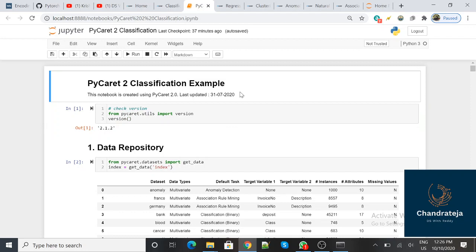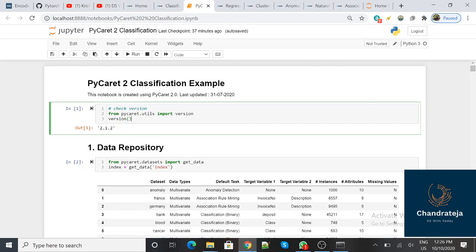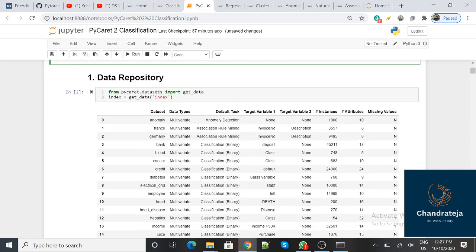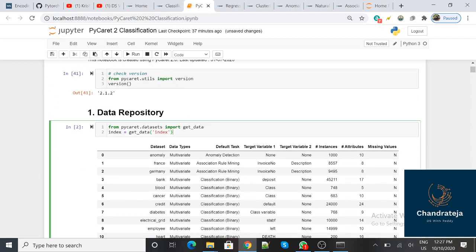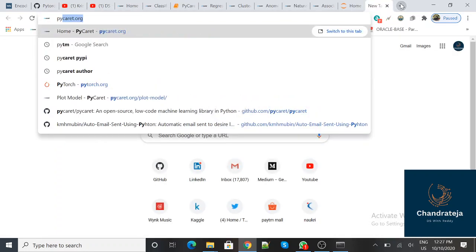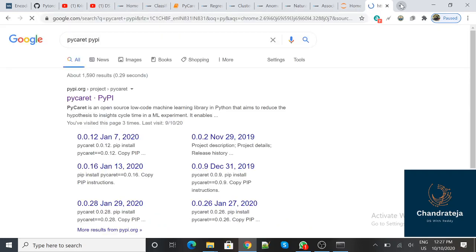So this is the PyCaret 2 section, and we are going to check the PyCaret version, and this is the version. I'm importing the data sets from the PyCaret package. So make sure that you install PyCaret by using the command pip install pycaret.